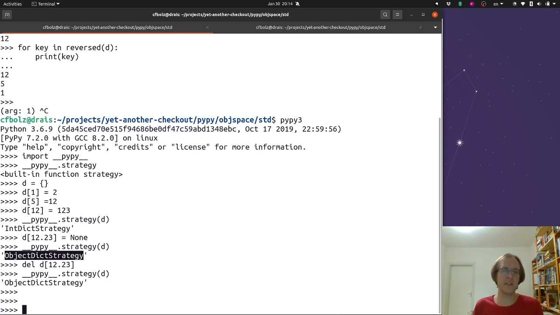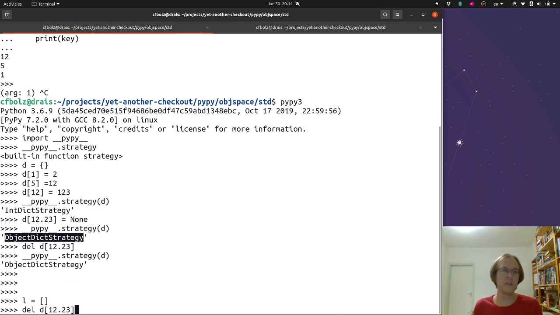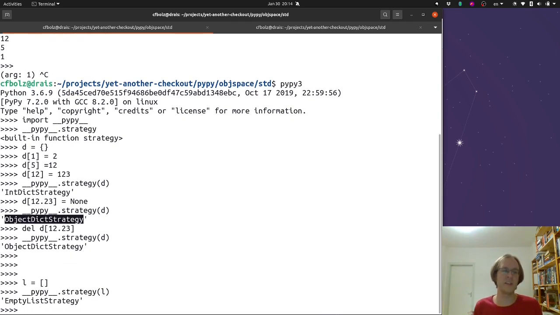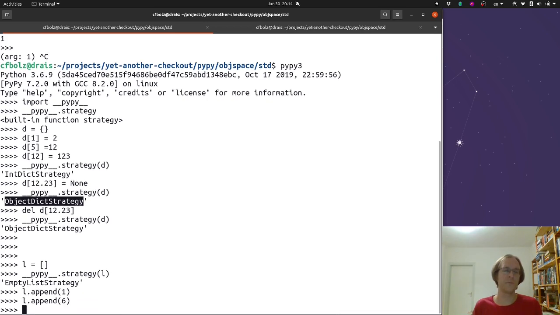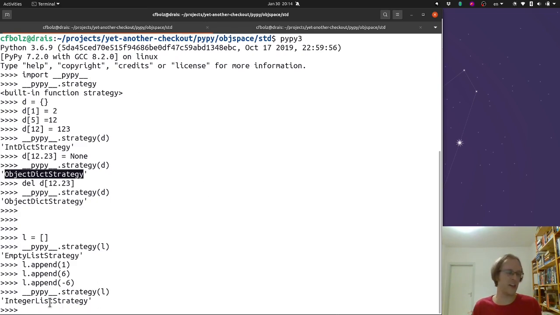Right. This is a detour, but let's very briefly look at lists too. If you have an empty list, it uses the empty list strategy. Then if we append numbers, our first negative number, it switches to an integer list strategy, which is more efficient at storing integers. In particular, it will store the integers in an unboxed way. It really stores the machine words containing the values of the ints without any boxing,